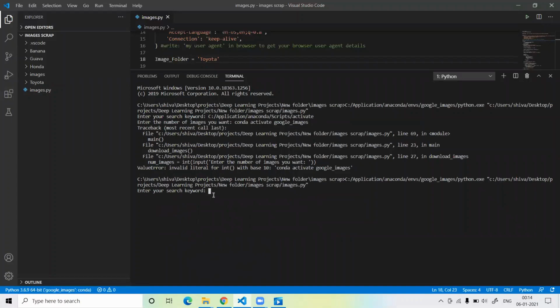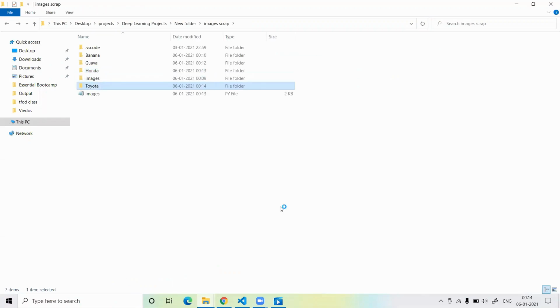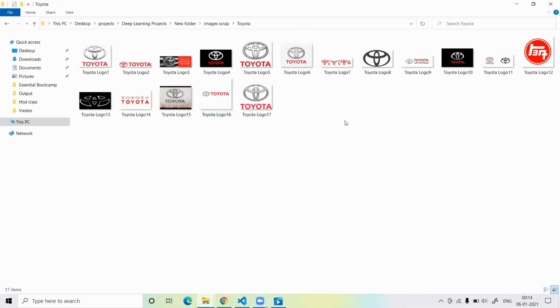Enter your keyword. So this time I write Toyota logo. Run this cell. How many images? I want 20 images. Again I just enter this, and it starts finding, and see, your folder Toyota is created, guys, and it starts downloading one by one. Okay, so this is the Toyota logo.